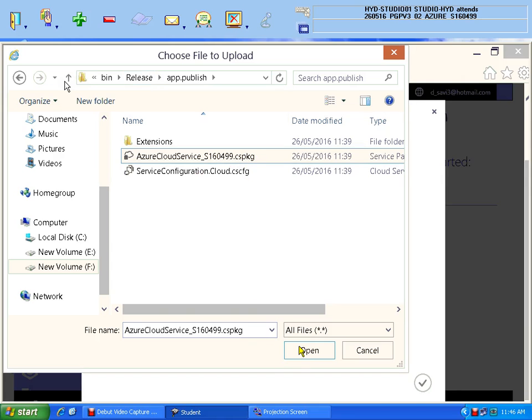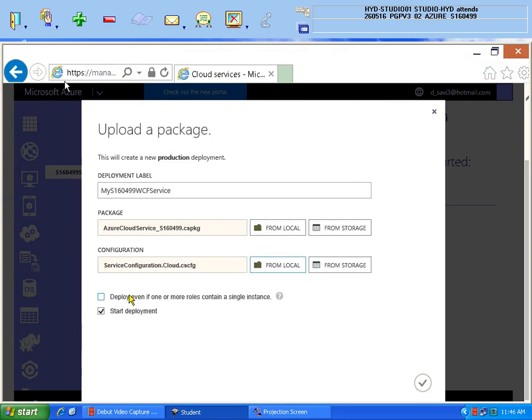Take the package file and open. In the same manner, go to local, take the configuration file, open. Now, without fail, take this checkbox, deploy even if one or more roles contain a single instance. And click on this tick mark, finish.